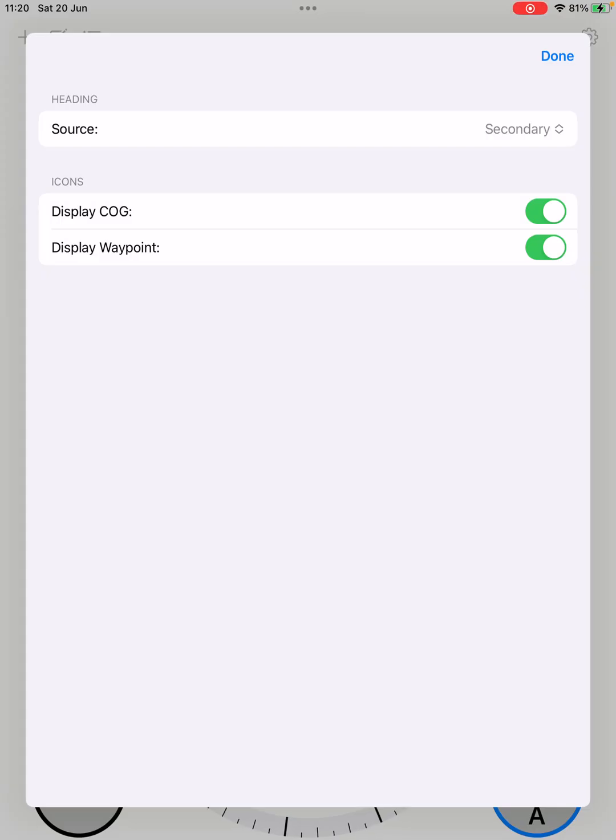Actually, that's an MFD display, isn't it? And so on. But here, what we are doing is giving us the ability to do this at any point quite easily. Anyway, that was a lot of talking to say, for the lower compass, I tell it to look at the secondary source,